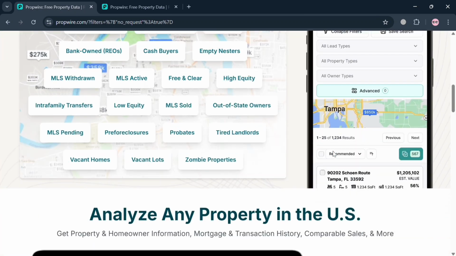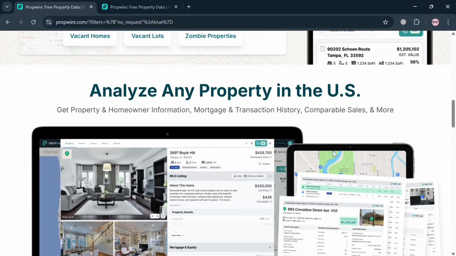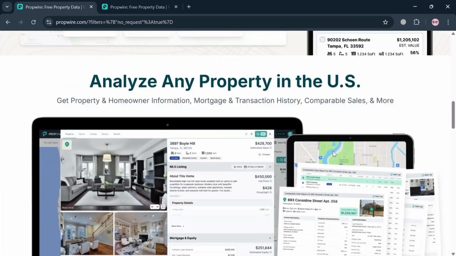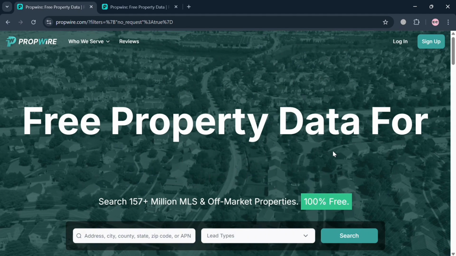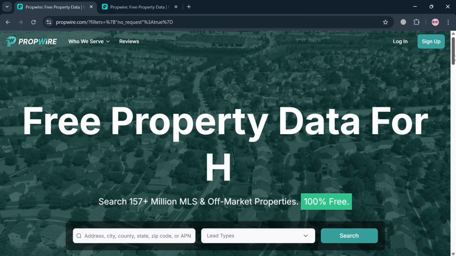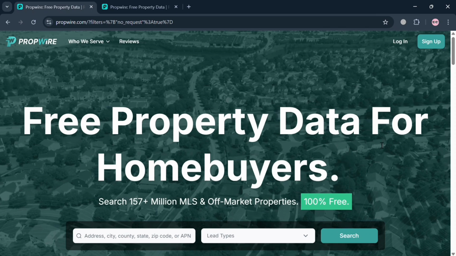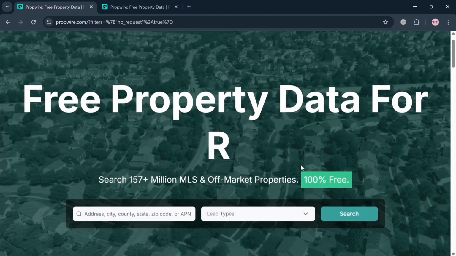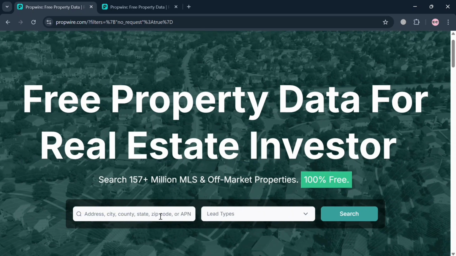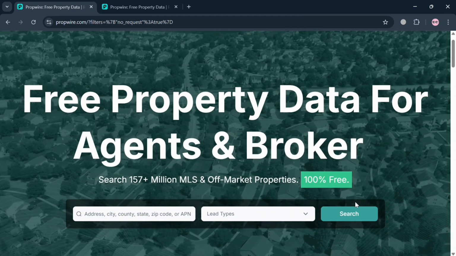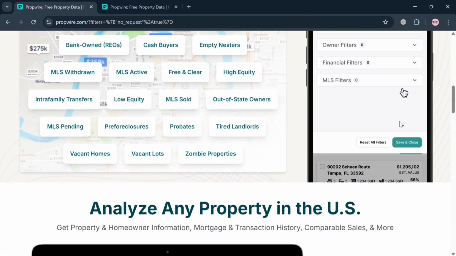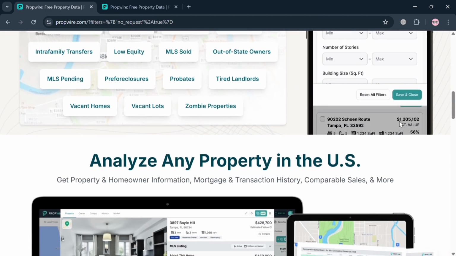But before that, if you don't know what Propwire is, it is a real estate software platform designed to assist investors, agents, and brokers in finding and analyzing property investment opportunities. It provides free access to comprehensive property data, including both MLS listings and off-market properties such as pre-foreclosures, absentee-owned homes, and auction properties. With advanced search filters and lead stacking capabilities, users can tailor their searches to identify motivated sellers or high-potential investment